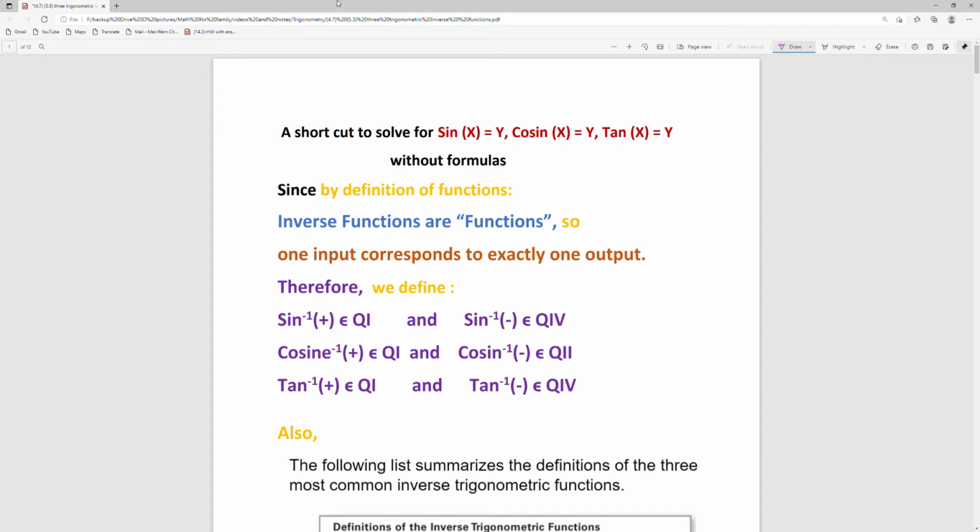Now, today this video is a shortcut to solve for sine function, cosine function, and the tangent function. Now, how about if we're talking about the cosecant function and the secant function and the cotangent function? When you are talking about those functions, you use the same idea of what we are going to talk about today, but remember, it's just the